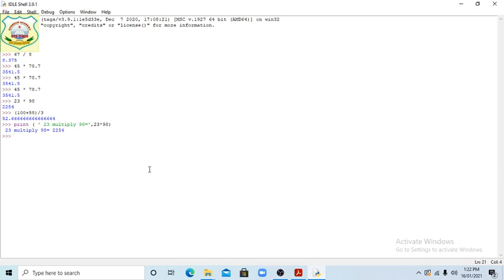Add the statement next to the Python prompt using the print function. Python works in two modes, interactive mode and script mode. So we have done this way. Now the next question is also given here.